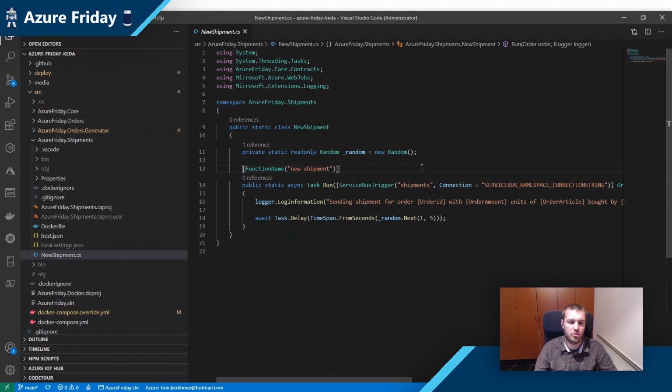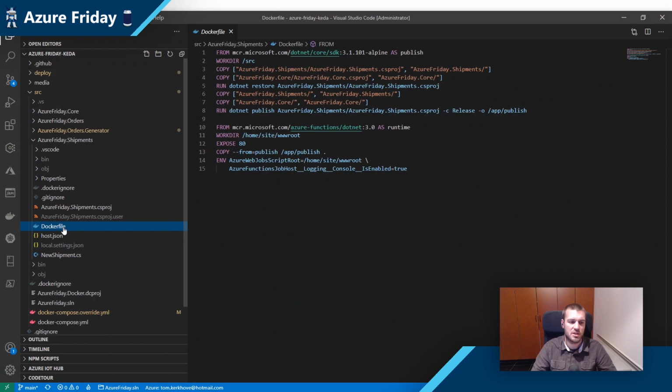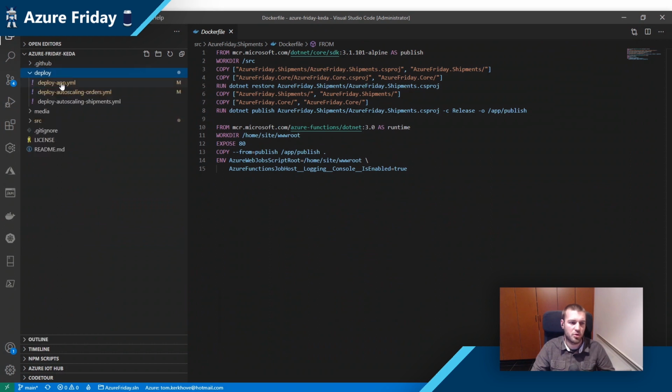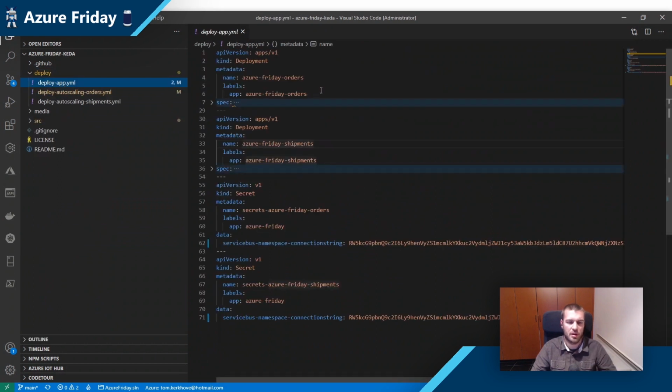I can go to Azure, deploy this function, and it will work perfectly fine. They will scale everything for me. Now, in this case, we want to run it on Kubernetes. So I added a Dockerfile to build the application, and I already pushed them to the GitHub container registry, and I will deploy them.